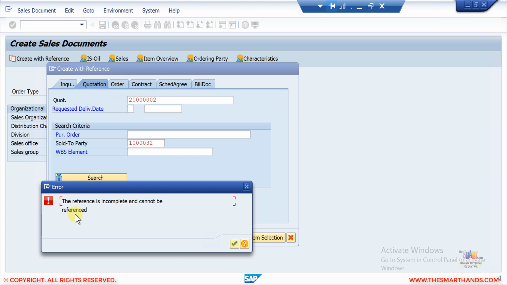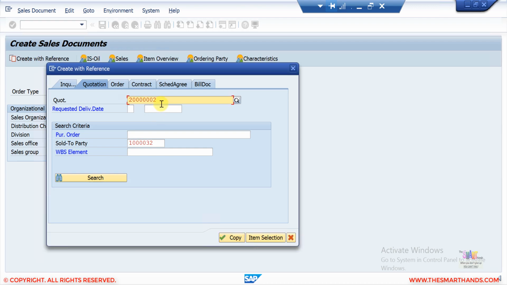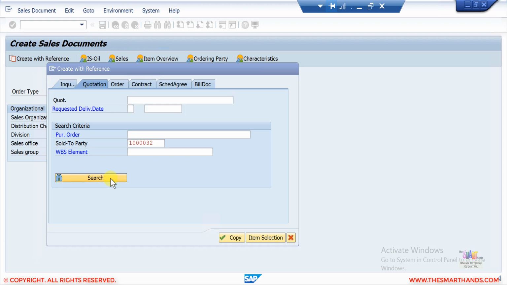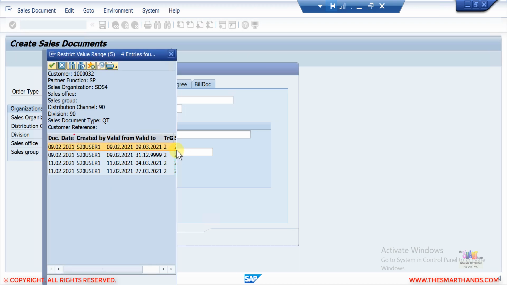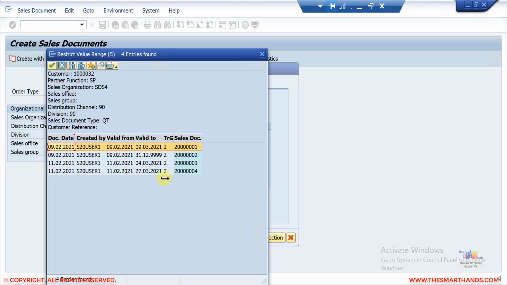That means either the document is incomplete, with some missing data we need to fix and enter before we can use it, or it's already referenced, things like that. So I can ignore that, remove this, click on the search icon again, and I can copy the third one and click on this copy icon.